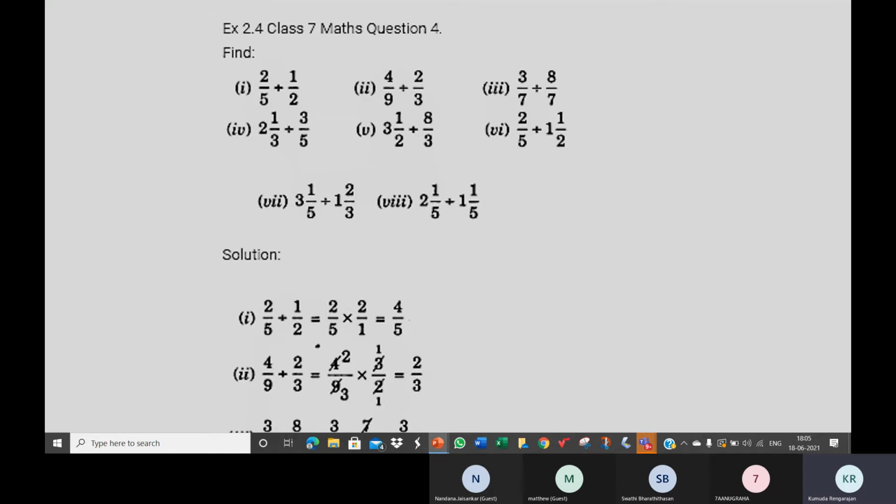Yes, children. So for multiplication and division, you can multiply any two fractions, whether they are like fractions or unlike fractions, no issues. You can blindly multiply the fractions. You don't have to worry if they're like or unlike. You're given two fractions, three fractions, you'll have to multiply. Whether they're like fractions or not, you don't have to worry.